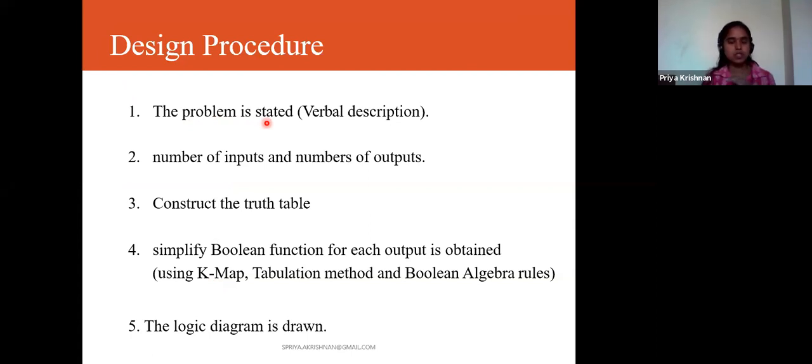What do I want to do? I want to do subtraction. That is the statement. So how much data do I want to add? How much data do I want to subtract? That is my next one: number of inputs and number of outputs. For the first one, the idea is what I want to do, whether I want to add or subtract. For the second one, how many inputs are there? How many inputs will I give to my block? 2 inputs, 3 inputs, and how many outputs will I take?